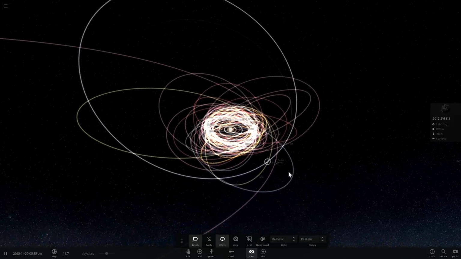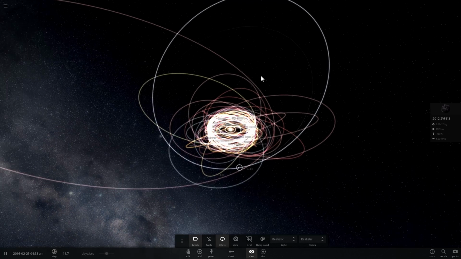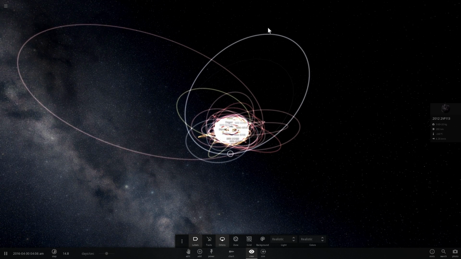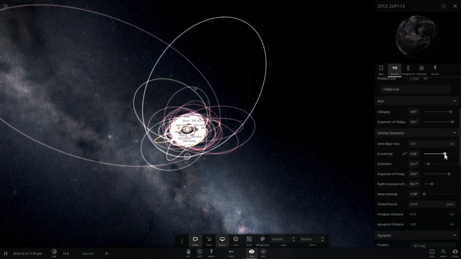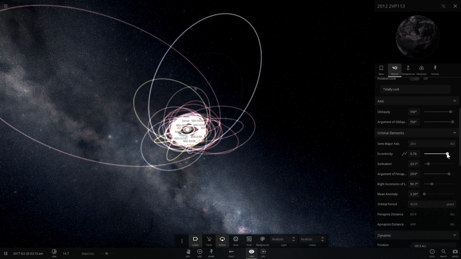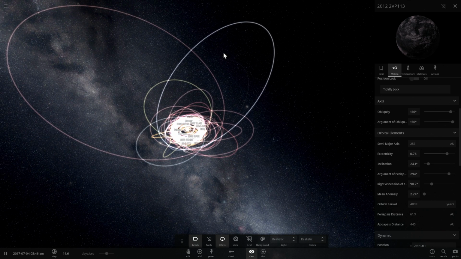So for some unknown reason, something may have pulled it out into the outer solar system. In other words, something must have happened to it that its apoapsis, its farthest part of the orbit, has been stretched. What I'm saying is, for an object to increase its ellipticity like this, without really approaching too close to the other objects in the solar system, something had to actually pull it. Something that is over here had to pull its apoapsis.